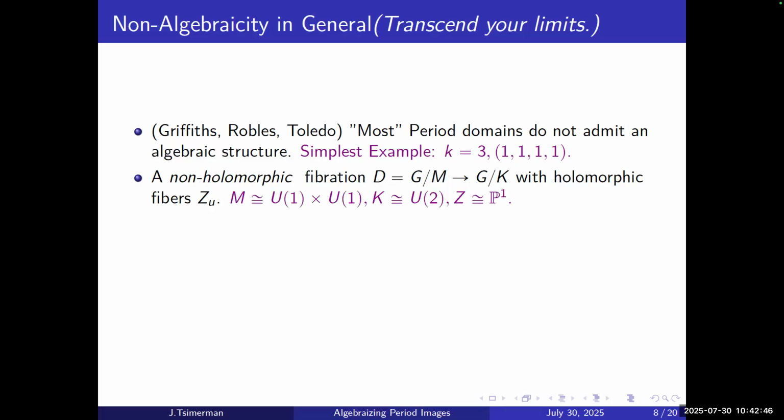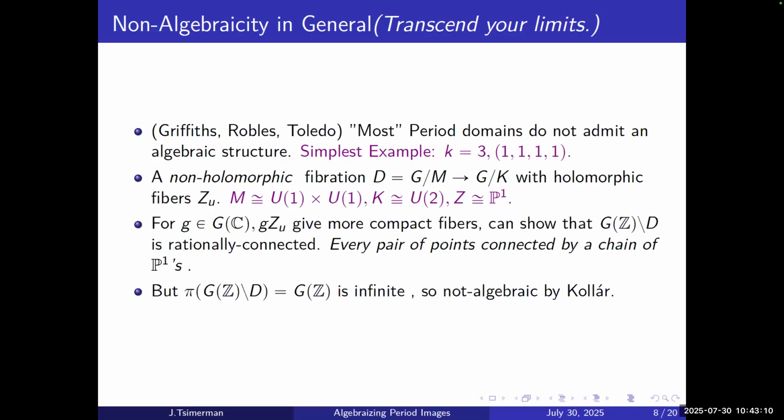And concretely, if you look at the case up here of Hodge numbers 1, 1, 1, 1, your stabilizers become U1 × U1 is M, and K becomes all of U2. So the real difference is dimension 2. If it were complex, the dimension had to be 1. And in fact, these curves turn out to be just a family of P1s. Okay, so having a bunch of P1s doesn't prohibit you from being algebraic, but it turns out we have way too many P1s. Because we have this action by G, for any complex G, you can act on Z_U,